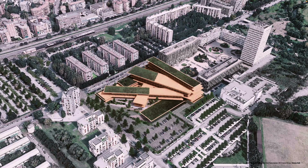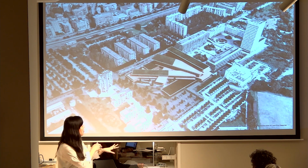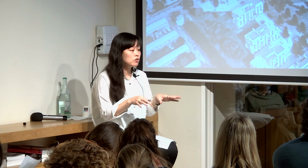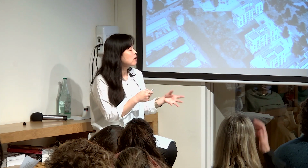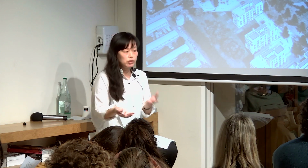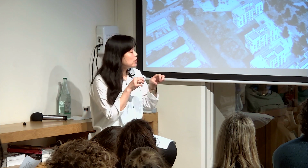But what we have come up with is more of an integral landscape element that spreads like a finger and connects in one route. The reason why we chose this is to keep the project very low, so it's a human scale, relatively, compared to the rest of the very high urban towers that are quite visible in the city of Milan right now. But it's the opposite typology, so it creates diverse